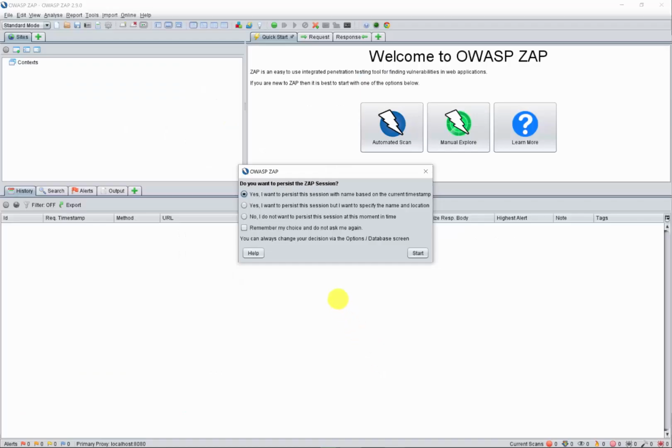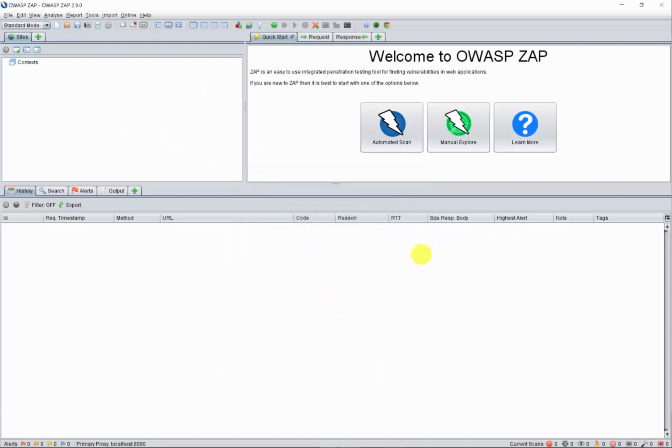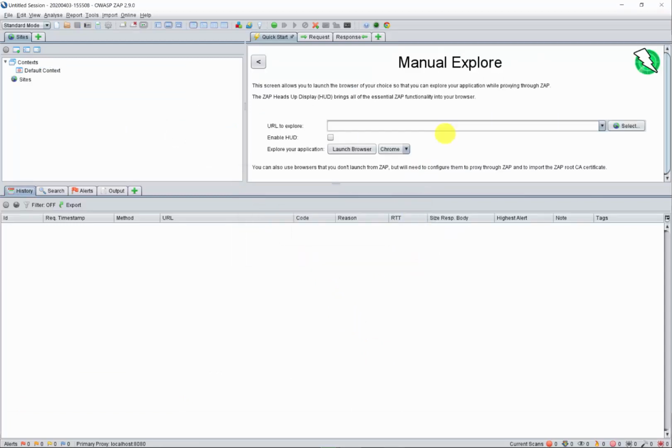Okay, welcome back. So what we're going to do is start our ZAP browser. Just make sure that we have Manual Explorer with the HUD turned off. We're going to select the browser that we want to use. I'm going to use the Chrome browser to help me with ZAP. I will then go ahead and open up the Chrome browser, expand it, and I will then go to